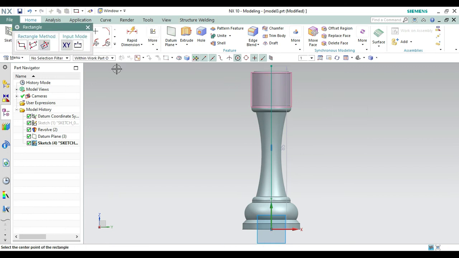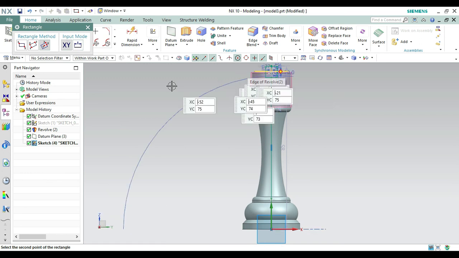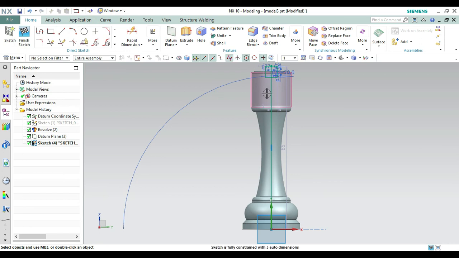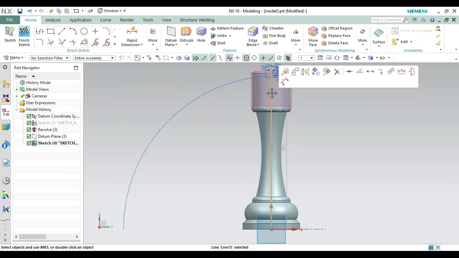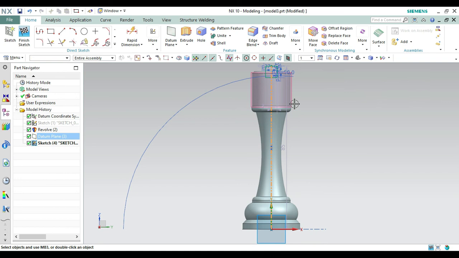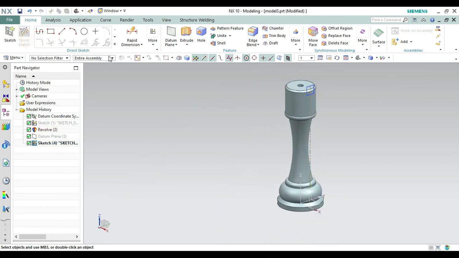From here make the form center, select the center point of this, make the height and width 6, make the angle 90. Let's check whether it is creating right. Okay, now convert this line to reference, hide this one too, and finish the sketch.